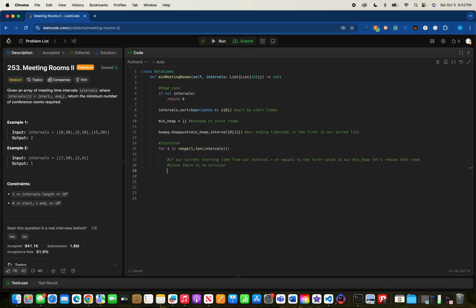So that'll be done by: if intervals[i][0] is greater than or equal to the first value of our min-heap, which is the one with the smallest end time,